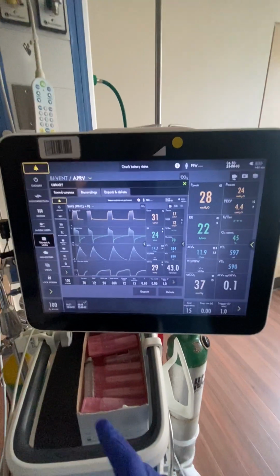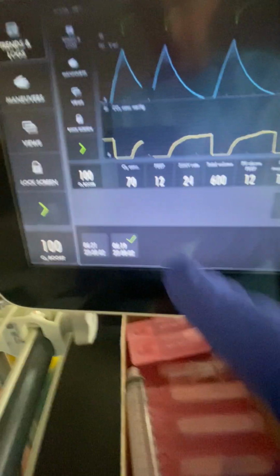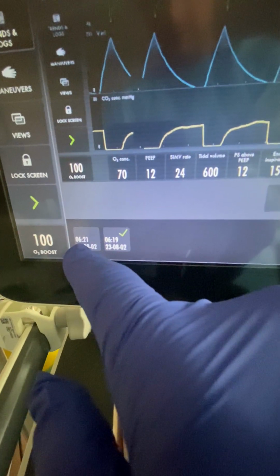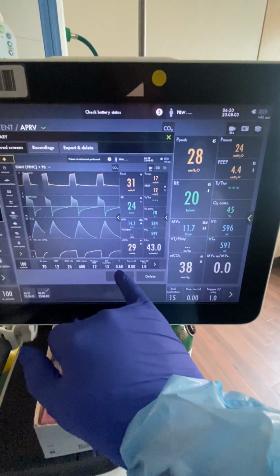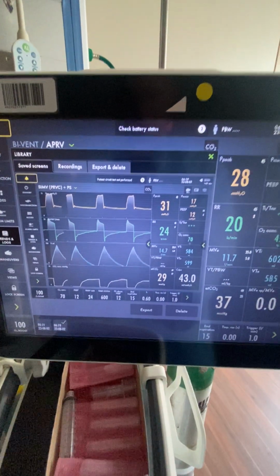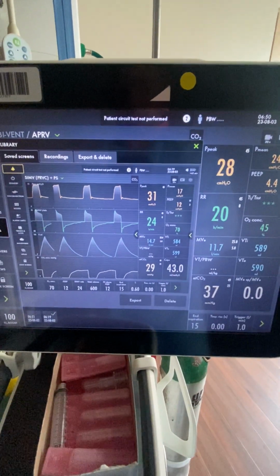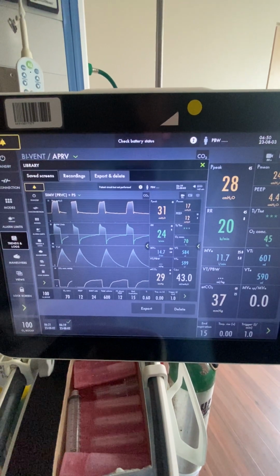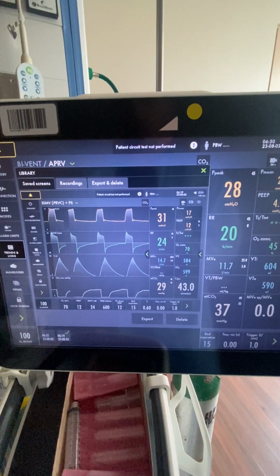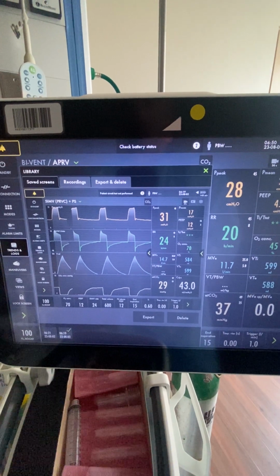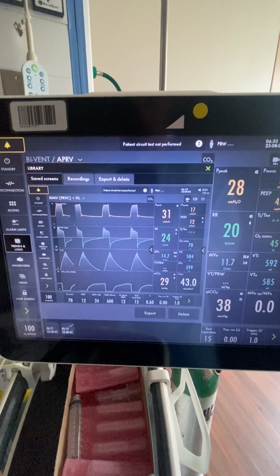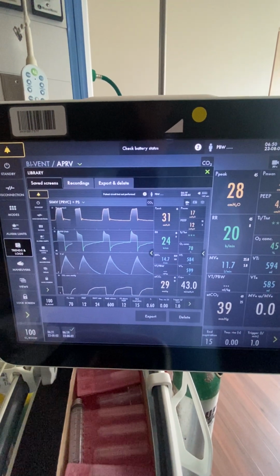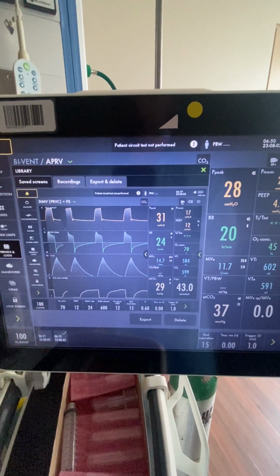So looking at this, and these changes happen 2 minutes apart. You can see right here 6:19 and 6:21. So right here, these settings, we had an I time of 0.6 and we had a peak pressure of 31. Now, in order to understand airway resistance, we remember that the airway resistance is a difference between PIP and plateau. That would be your larger airways and the resistance that they have in them. And at that time, my plateau pressure was around 21 to 22, which would create an airway resistance of approximately